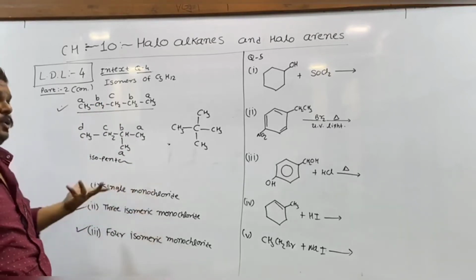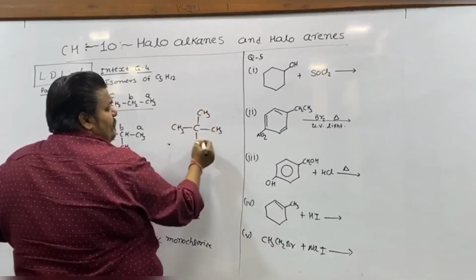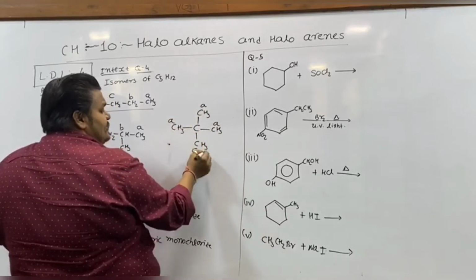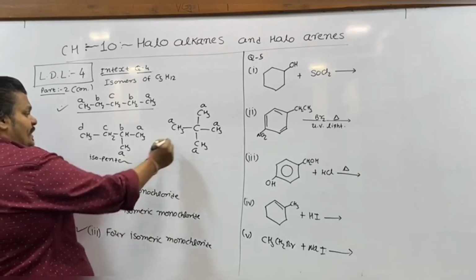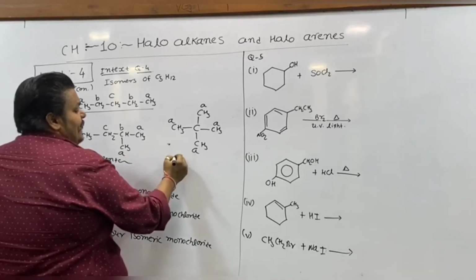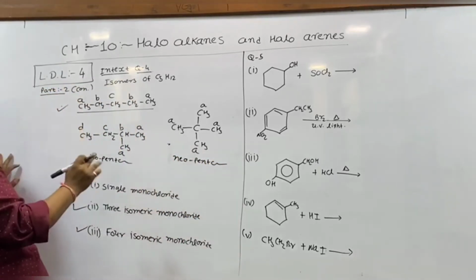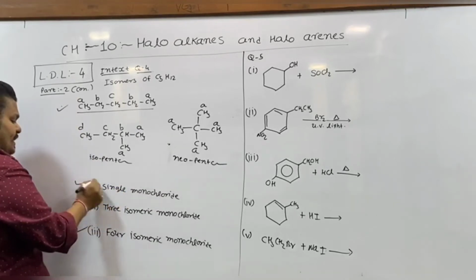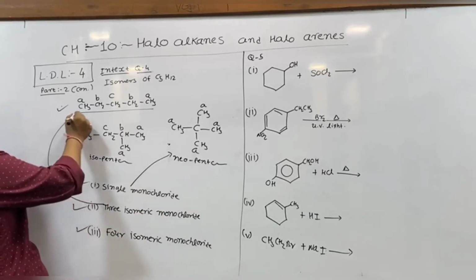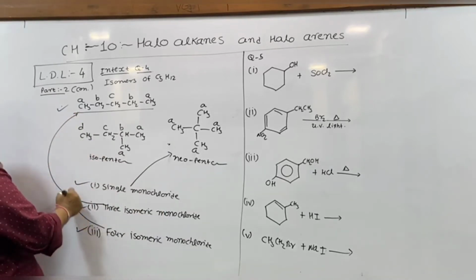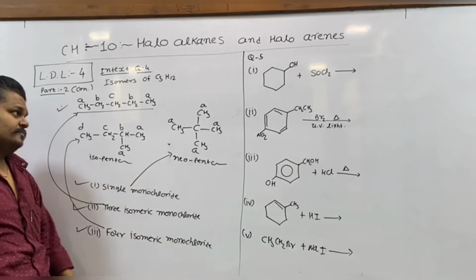And the first one, single monochloride. You can observe in this isomer of pentane, all the 4 carbons are of type A, and that means we can substitute any of the hydrogens, we'll get only a single monochloride, and that's why the single monochloride can be provided by neopentane. This is the answer for the index exercise question number 4. Single monochloride will be provided by neopentane. 3 isomeric monochlorides can be produced by normal pentane, and 4 isomeric monochlorides can be produced by isopentane, because it has 4 different types of carbons.